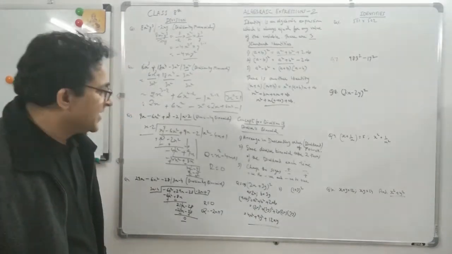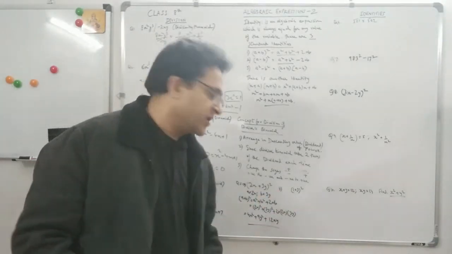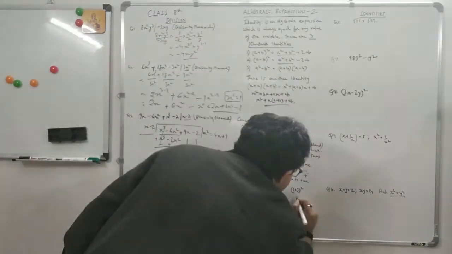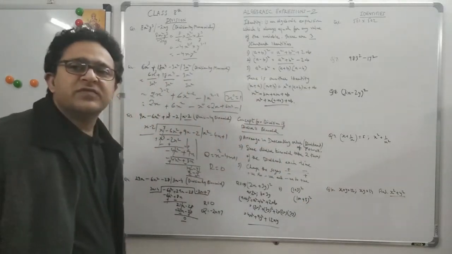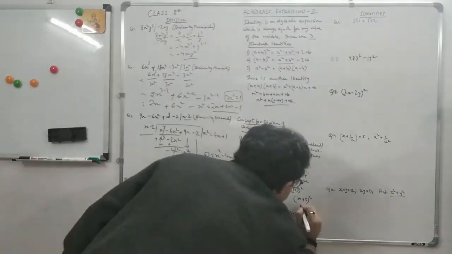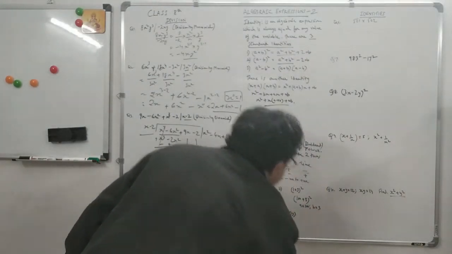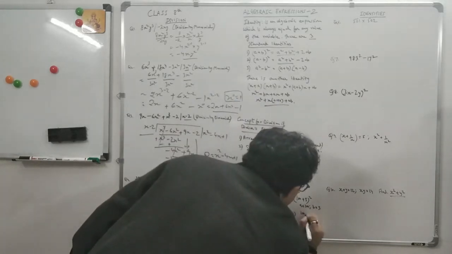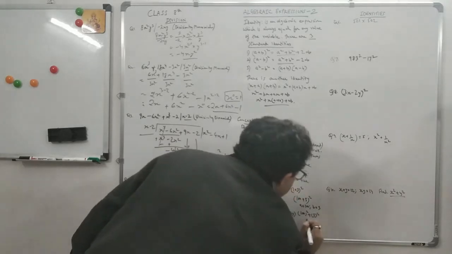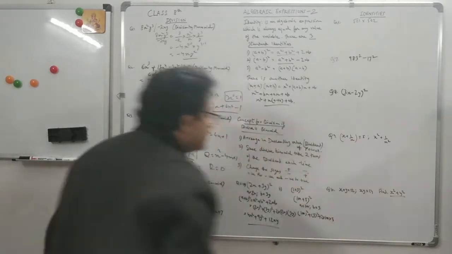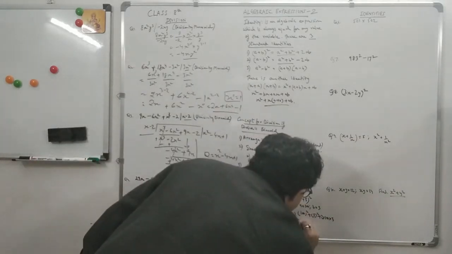Okay. Now students, 103 whole square. How can you write this? This is close to 100, right? So you write this as 100 plus 3 whole square. And why did we write this? Because now we know a and b: a is equal to 100, b is equal to 3. So you do 100 whole square plus 3 square plus 2 into a, which is 100, into b. Simple. So this becomes 10,000